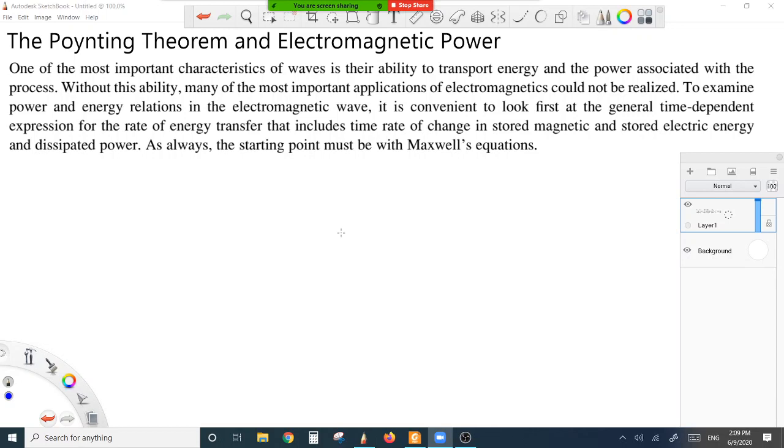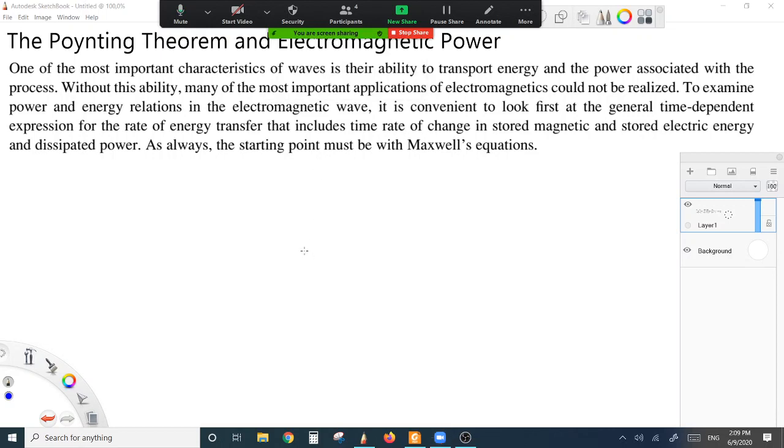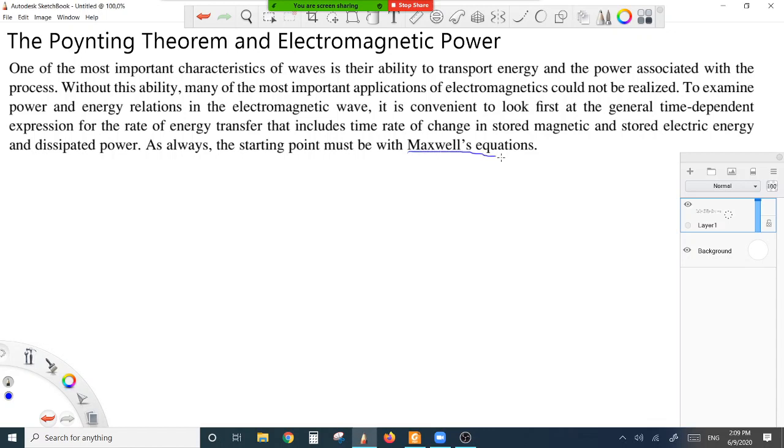in electromagnetic waves, it is convenient to look first at a general time-dependent expression for the rate of energy transfer. We start with Maxwell's equations, as we always do. So let's take the